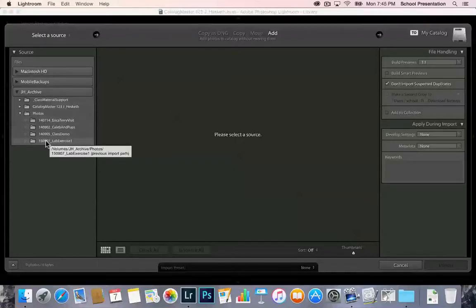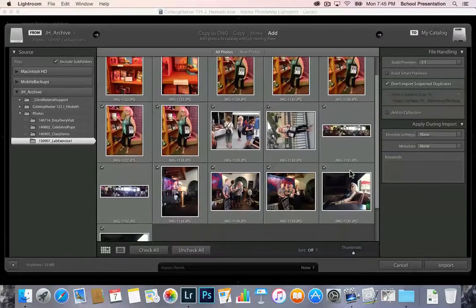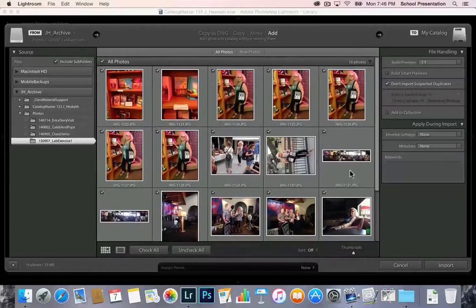Now here is exercise 1. Let's import this. We'll click on this one. And inside here you can see all of the photographs that I had for exercise 1 that I brought over. These are some vacation pictures. And at this point, once you've got this located, you just want to highlight that job folder. This is why making job folders is so important. So you can have a unique name, a unique date. They're in order. The order translates across all operating systems, even this operating system of Lightroom, so that it